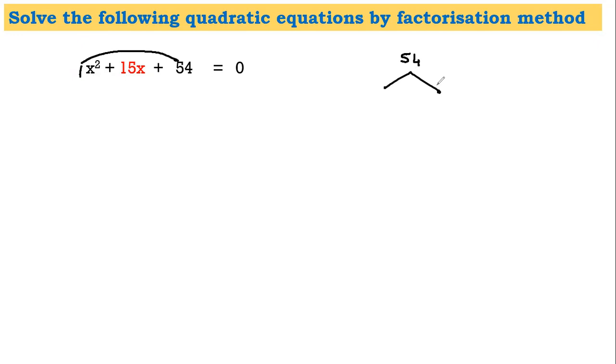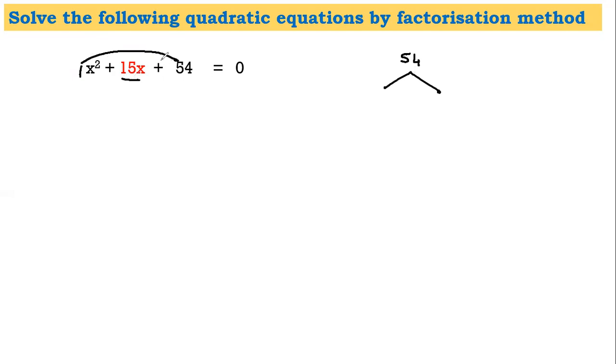Now students, once you have done this, even before we find out the factors, now usually what students do is students find factors first and then they try to either add or subtract. We know that we need two factors of 54, either by addition or by subtraction, it should give us 15. Now what students usually do is they find out the factors. If we get it by addition, great. Otherwise, if we get it by subtraction, great. No, it doesn't work like that. So once again, first step standard form, second step A into C.